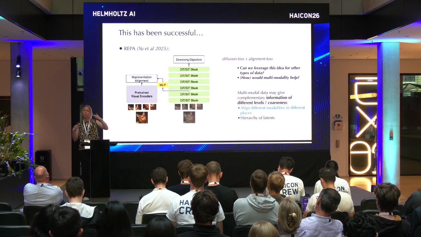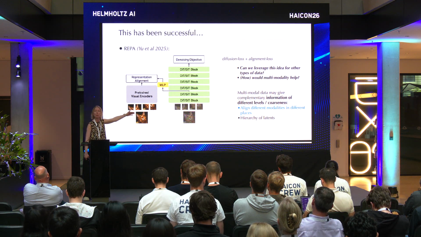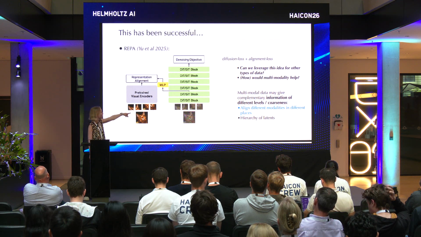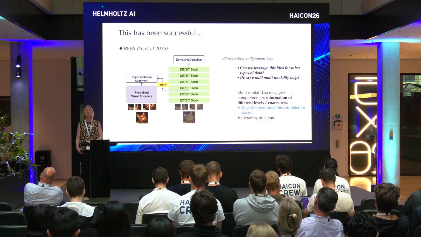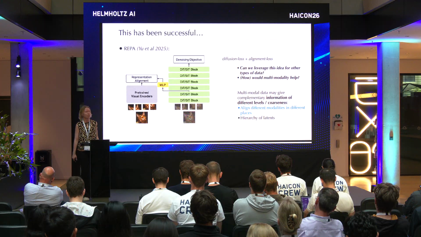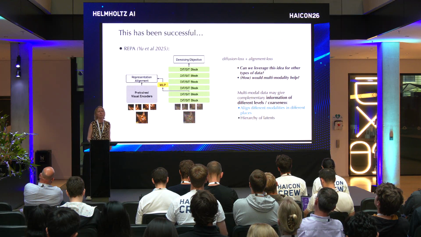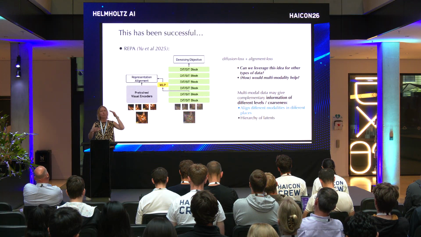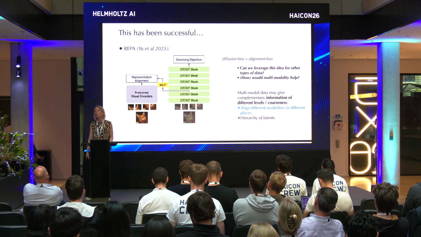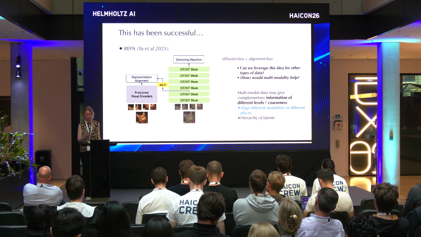So what you could do is use this in a complementary way. You align the image representation at a lower level. They also aligned it here at a lower level. But as you go deeper into your model, that's a more conceptual representation. That's what you align maybe with your text representation, for instance, things like that. So you could use multimodality to steer different levels of representations of your model, to give it even more information.